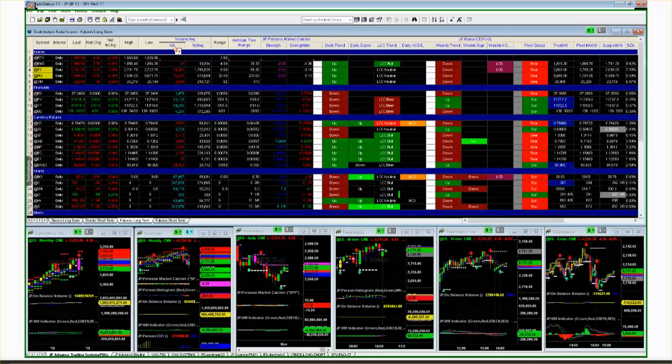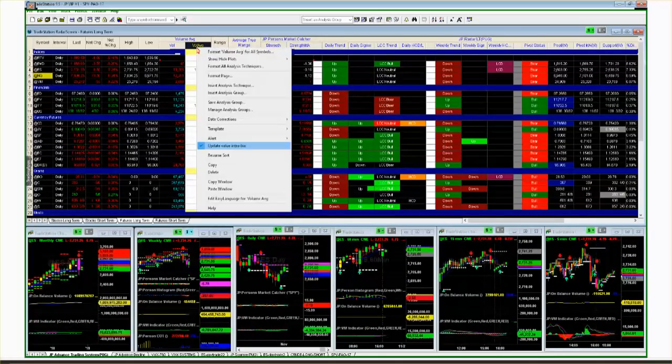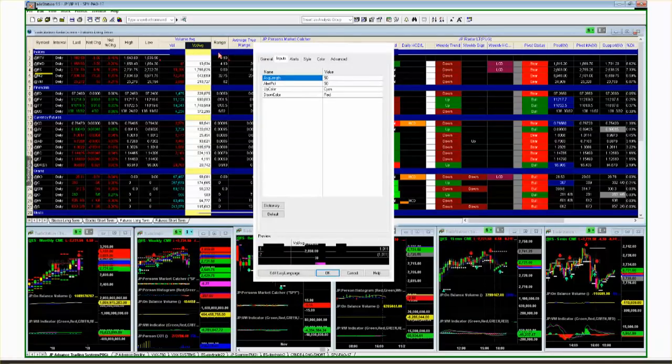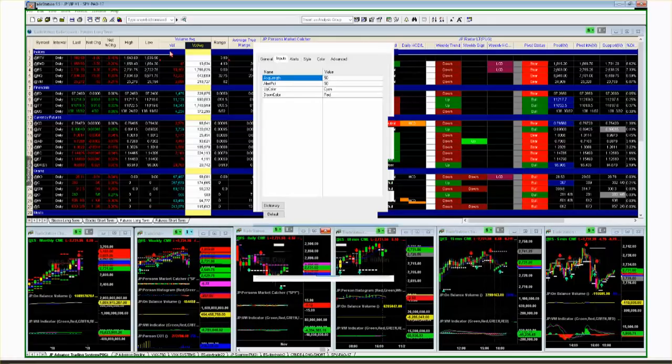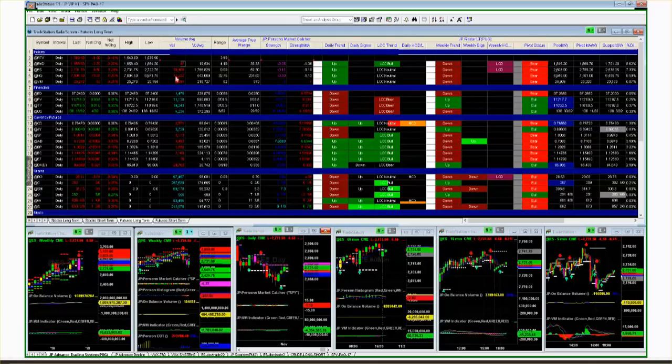One series of data I like to look at is volume, compared here to, in this case, the 50-day average. What is the average daily volume in the last 50 days? You can measure one day's move versus the 50-day average and get a gauge of whether this is a strong volume day or a weak volume day.